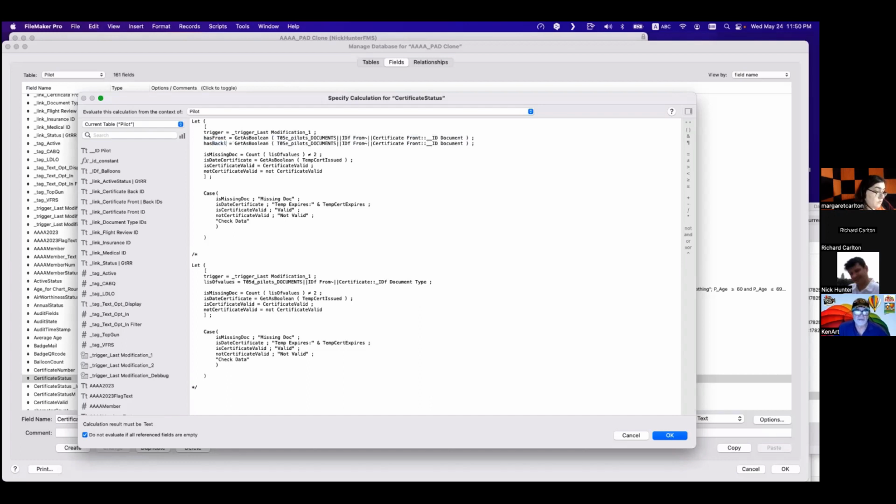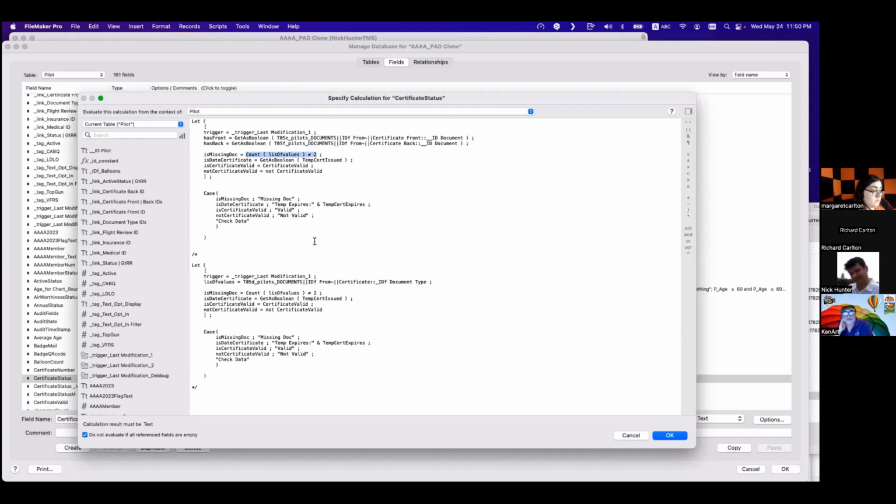Okay? And this is F. Okay? So get as boolean. And so we don't want the missing doc. Okay, missing doc is this. The missing doc is if both are missing. Okay. Right. Okay.